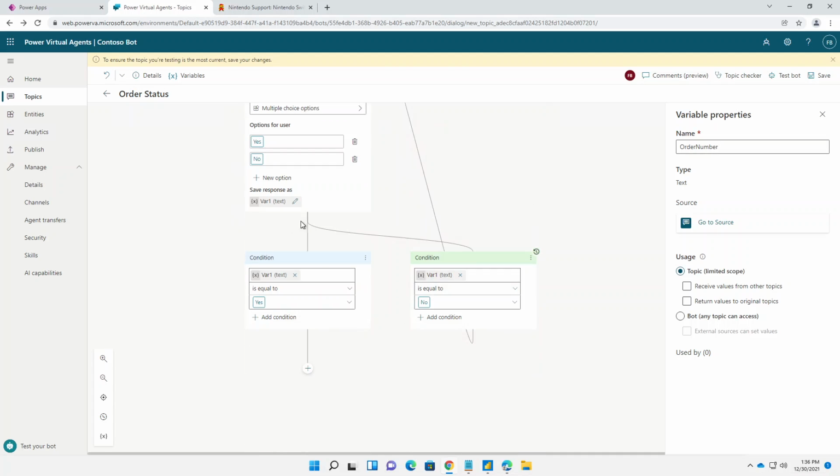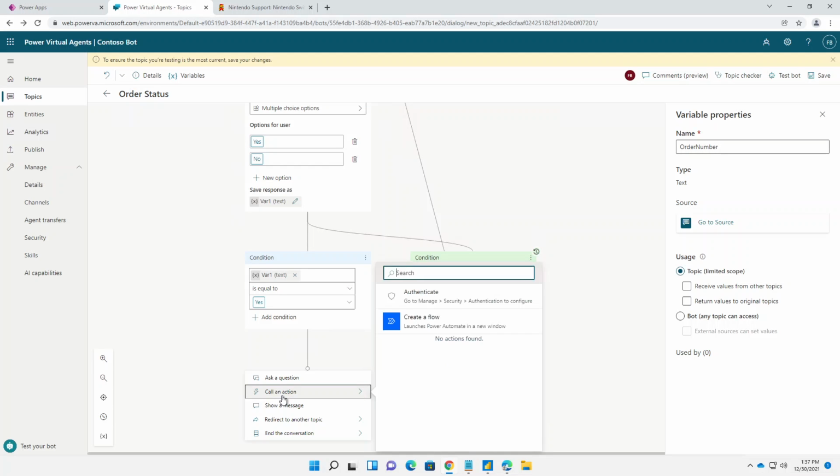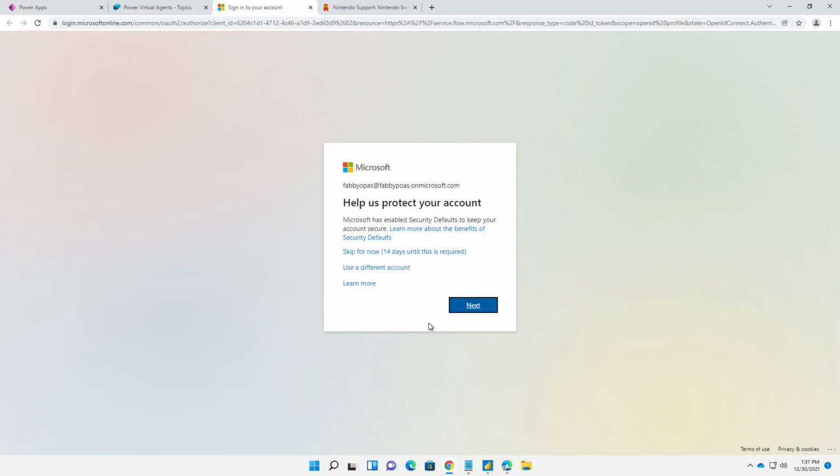So we've got down to this point here where they've confirmed that the answer is correct, and we're now going to call a flow. So this here is where we click on here and call an action. The actions that we have are to authenticate. We need to set that up, so that's not available to us. We do cover that in Power Virtual Agents in a day. But here we're going to launch Power Automate and create a flow. So click on create a flow, and that will open up